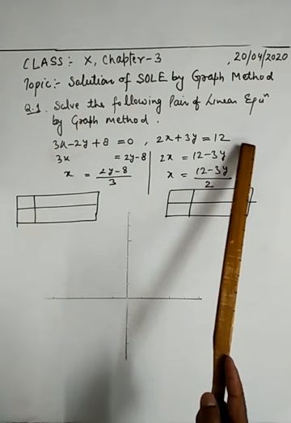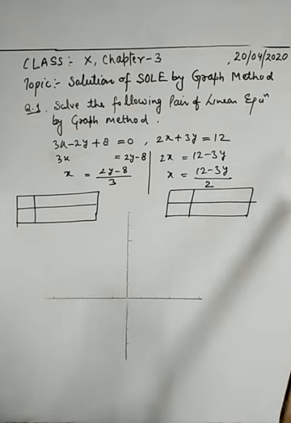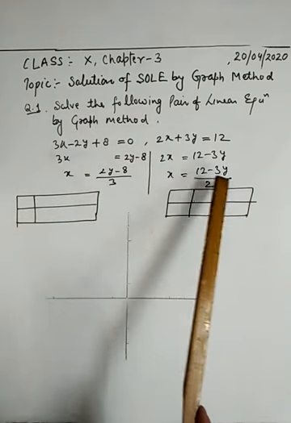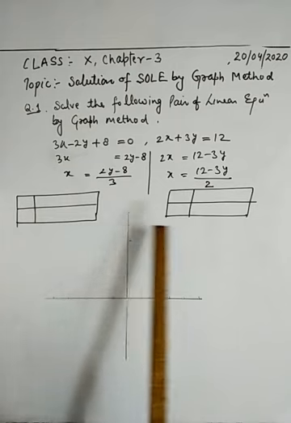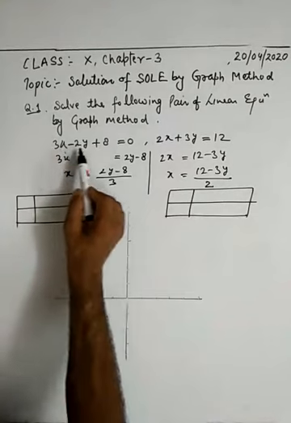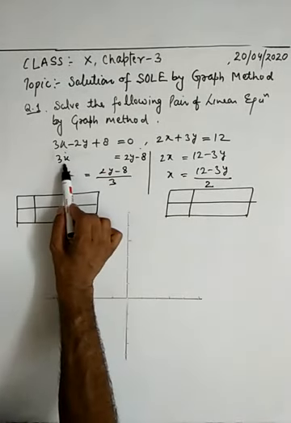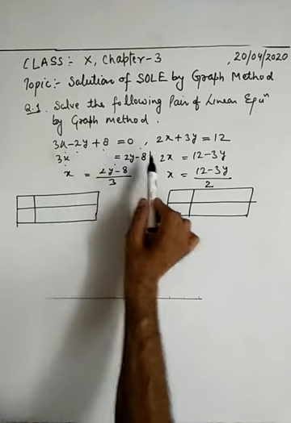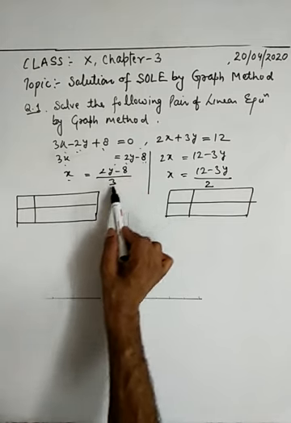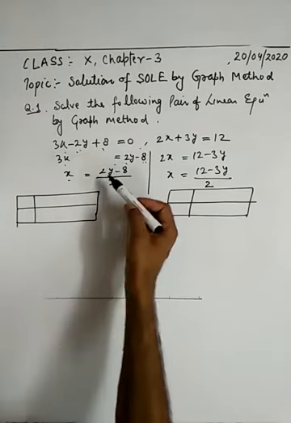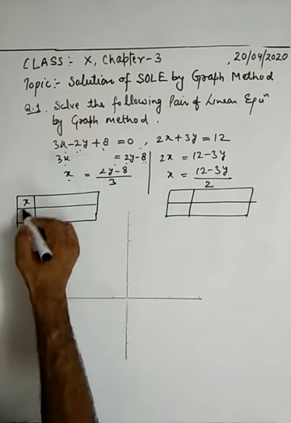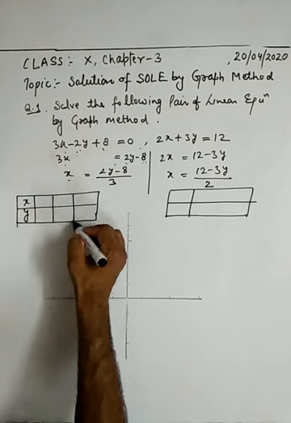As in previous class 9th, we learned how to find two or three solutions of a given linear equation in two variables. So by the same method, we are finding three solutions of each equation here. First, 3x minus 2y plus 8 equal to 0. So 3x equal to, transferring minus 2y plus 8 to the right hand side, the sign will change. So x equal to (2y minus 8) upon 3. By putting the values of y one by one, we get the values of x. We will find three solutions.